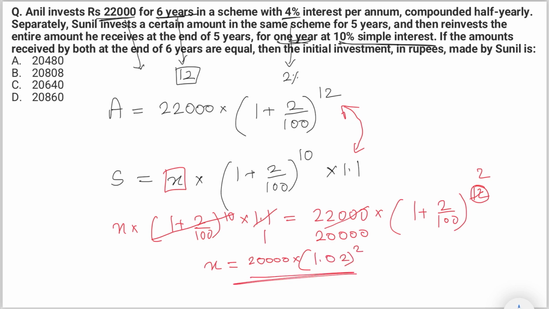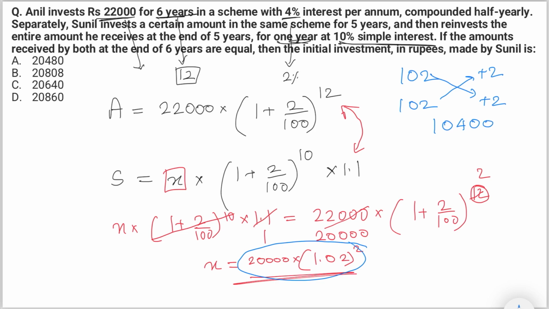And now you could use the on-screen calculator to find out this value. If you have the on-screen calculator, you can instantly get your answer. Otherwise, we have also learned a method in speed maths to calculate such cases. So we need to find out 1.02 square. Let's take it as 102 into 102. 102 is 2 more than 100 and 2 more than 100 here. Next step is you cross add any of them. You will get 104. Insert 2 zeros, and to this value 10,400 you add the product of 2 and 2, which is 4. You will get